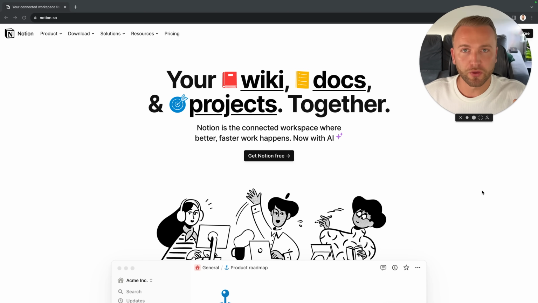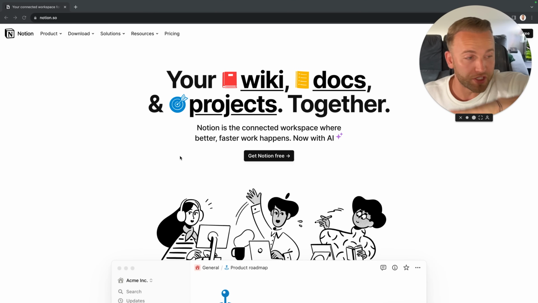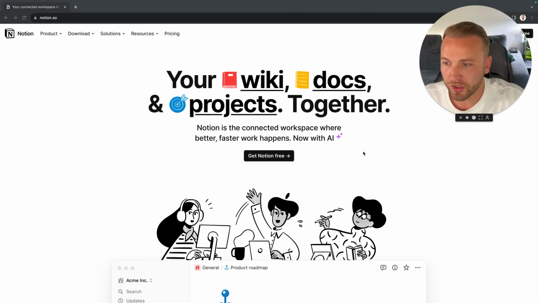So I'm going to be running through these tools in chronological order of running an agency. Some of them will be luxuries, others will be necessities, and I'll run through that as we proceed. But we're going to start off with Notion, which is a necessity when you are first starting out. There's a free version. It is an all-in-one project management tool, and we literally use this for absolutely everything in